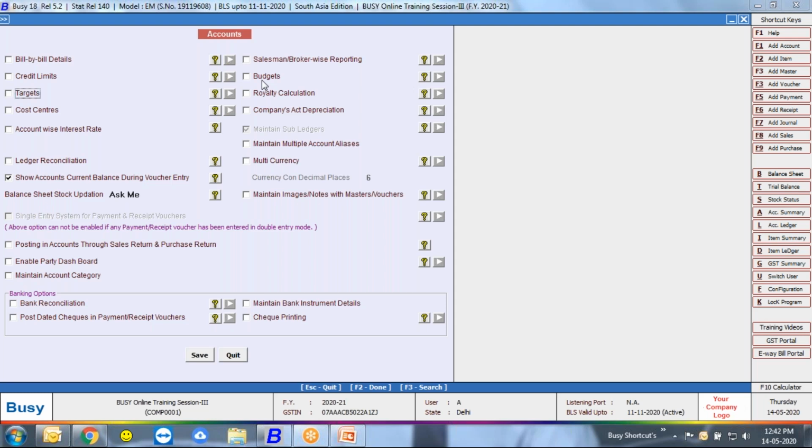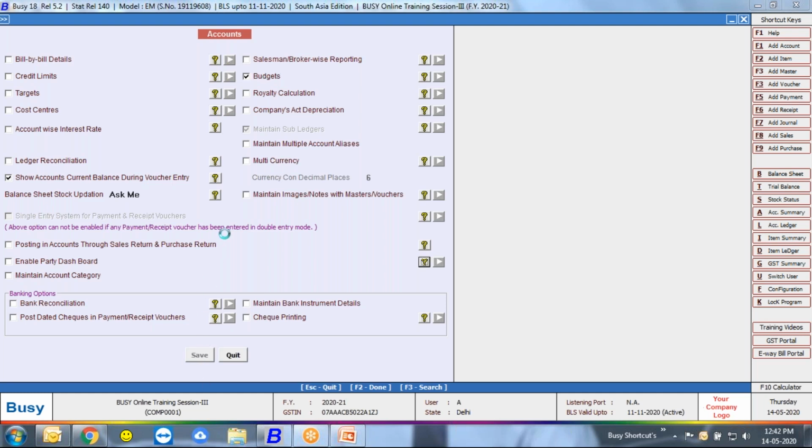Now, on the basis of last year performance, we want to define a budget limit for the current financial year so that we can analyze in which month our budget is exceeding and in which month we are below the limit. So how can we configure it? Let's see. Just enable budget, save.